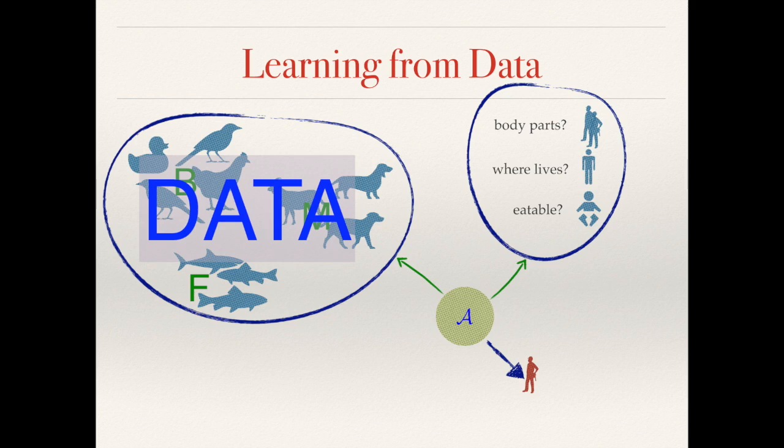Apart from the data, to define a learning problem, we need to decide the range of what we consider as a model or as a predictor. For example, in this problem of classifying animal shapes, we may consider to first observe or extract the body parts from the shapes and classify the animals according to the body parts. This could be a good strategy, could be a bad one. Of course, obviously, if you actually apply this strategy, you will face another kind of problem of how to extract the body parts. Okay, but good or bad, we can put it on the table and consider these possible classifiers